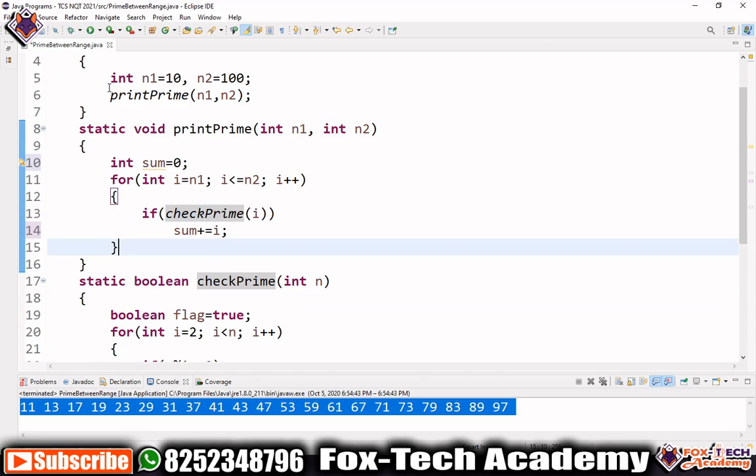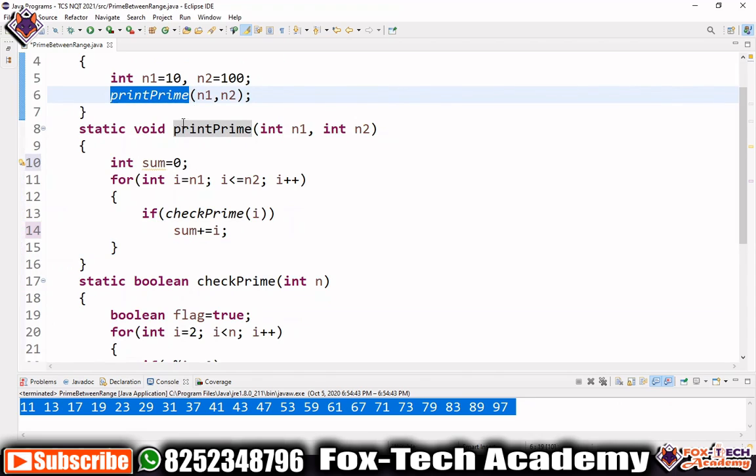If you see in the main function, we have called the printPrime method, which prints the prime numbers between the two given numbers, but we have to find the sum of these prime numbers. So let's change the method name to getSumPrime. We have to change the name of the function here also.